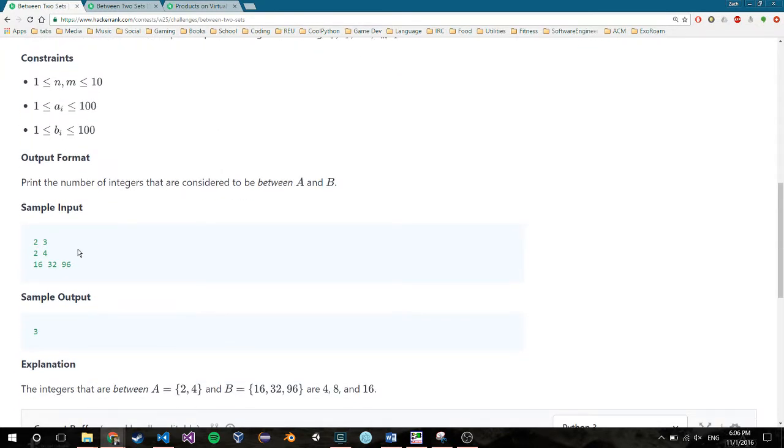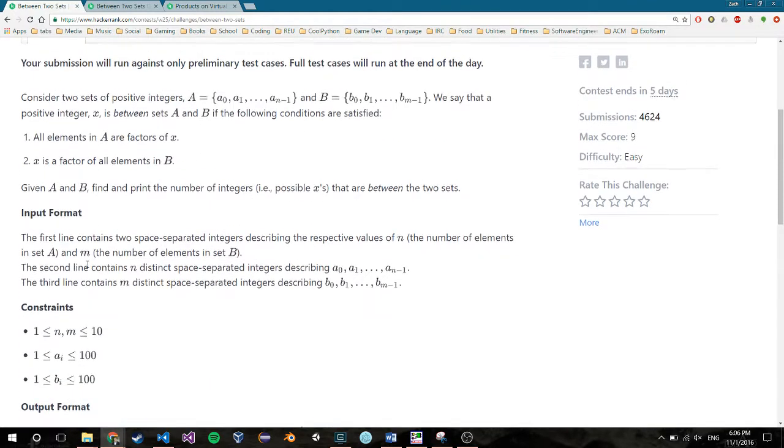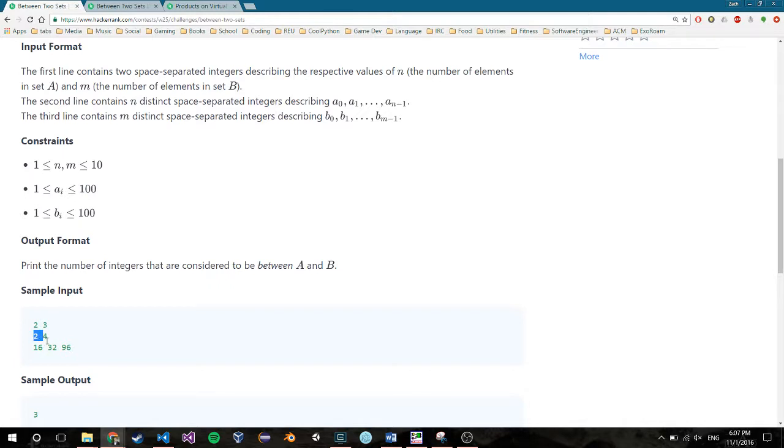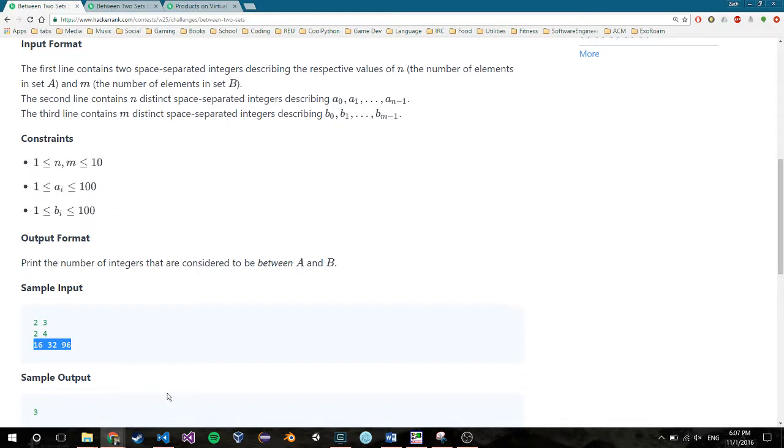Yeah, alright, so like their set, this is A and then this is B. So x would have to be a multiple of 2 and 4, and then let me make sure I got that right. Or no, yeah, all of the numbers here in A are factors of x, and whatever different numbers x could be has to be multiples of this. So their output is